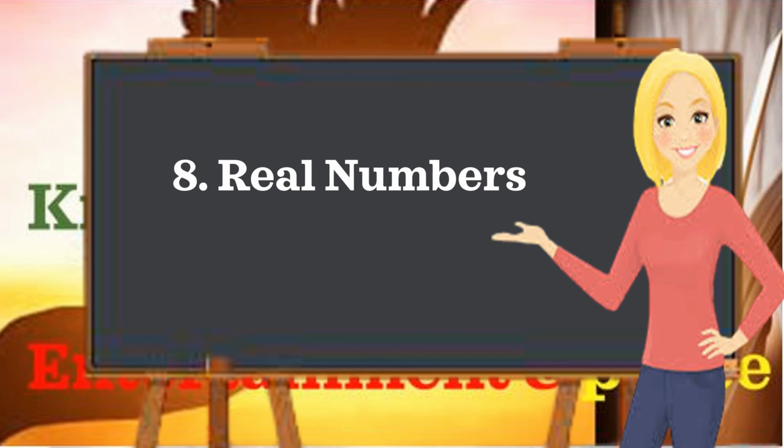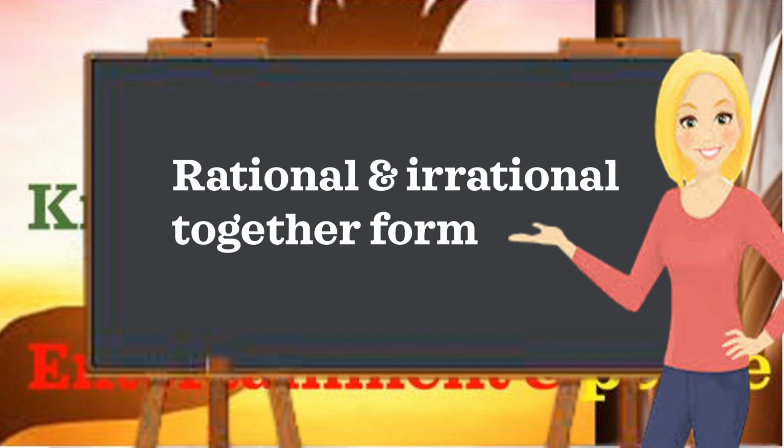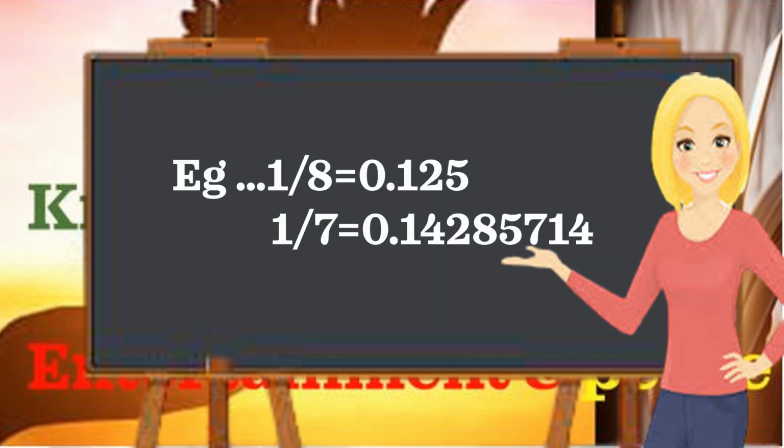The real numbers are uncountable. The decimal expansion of a rational number either terminates after a finite number of digits or is non-terminating recurring. Example: 1 by 8 is equal to 0.125. 1 by 7